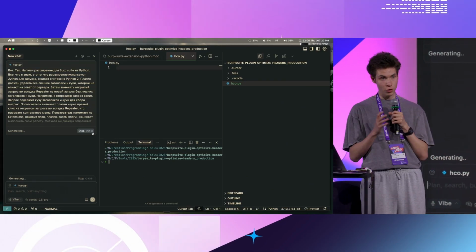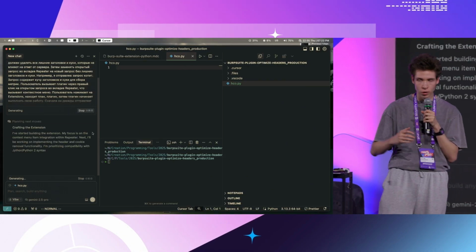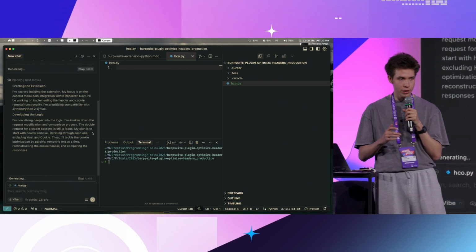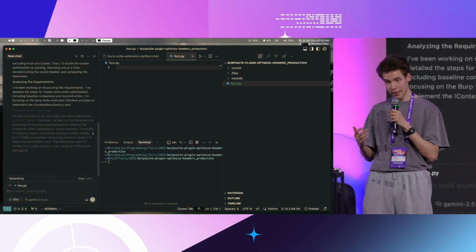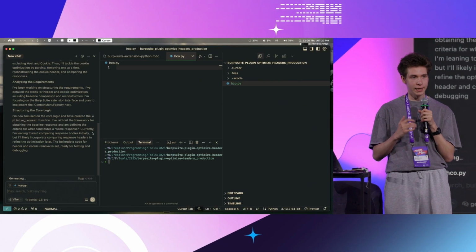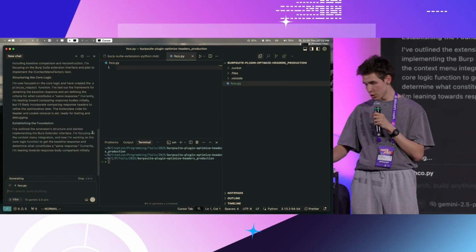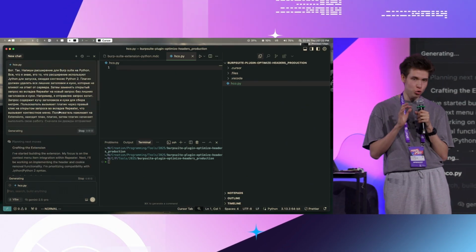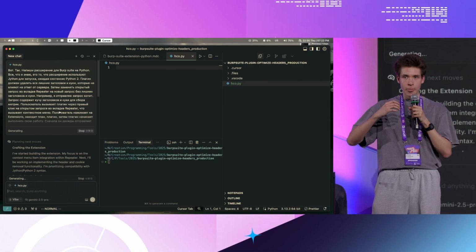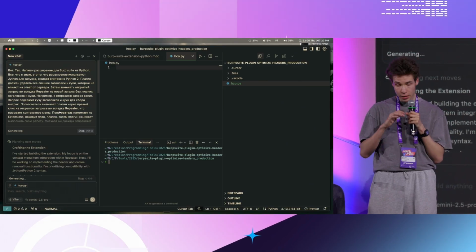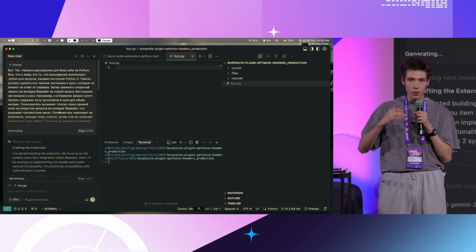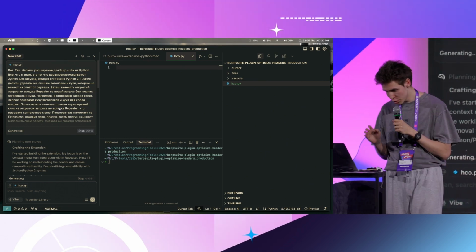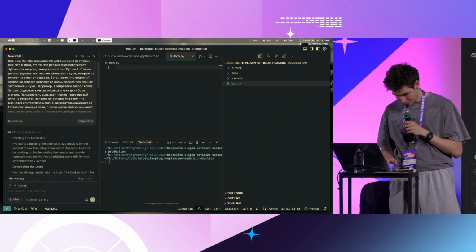So, while I'm pressing enter, I should tell you why I'm using such a detailed prompt. I believe that AI is a very polite junior developer who believes that he knows everything even if he doesn't and won't ever argue with me. So I want to give him very limited freedom in terms of generating the plugin. I don't want to give him freedom in terms of the algorithm. It's just in the way he's going to code it.